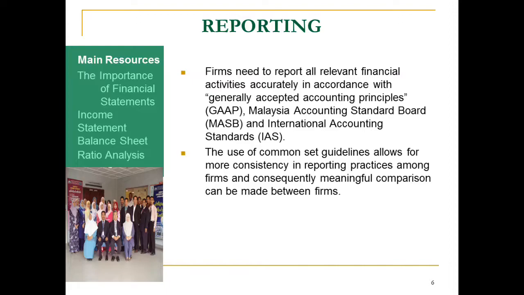So if we have standardized accounting guidelines, basically all the companies can have similar or standard accounting reports, so you can actually compare the financial results of companies in a similar industry. For example, if you are looking at the construction industry, then you can identify which company is performing well and which company is not performing well from the financial statement.